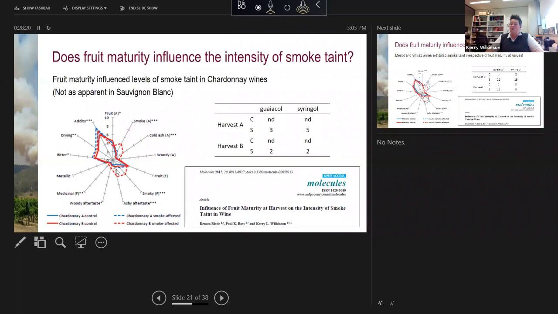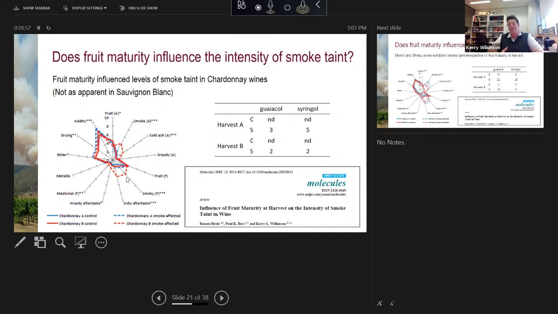So in this situation with our Chardonnay, if we'd done that, picked the grapes at 16 to 20 Brix, done a quick ferment and looked at the sensory properties, we wouldn't have been able to differentiate them from control grapes, and we would have thought, okay, we don't have any problems with smoke taint. If we'd then gone back and harvested the rest of the crop at the level of maturity to make a table wine and made that wine, what we would have seen is the elevated intensity of smoky aromas and flavours,